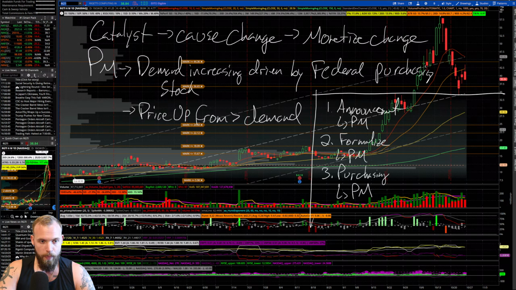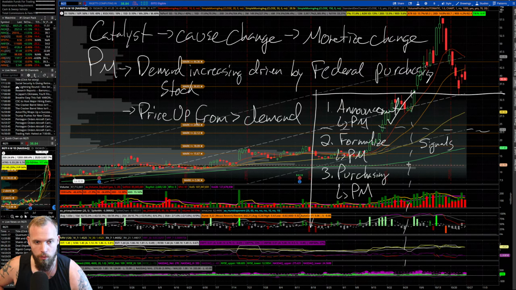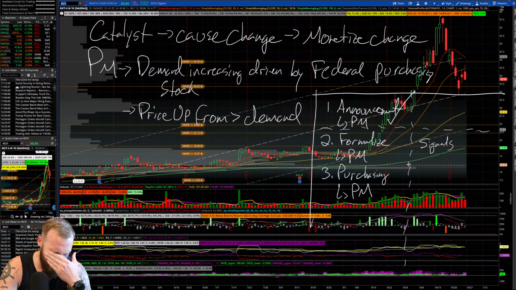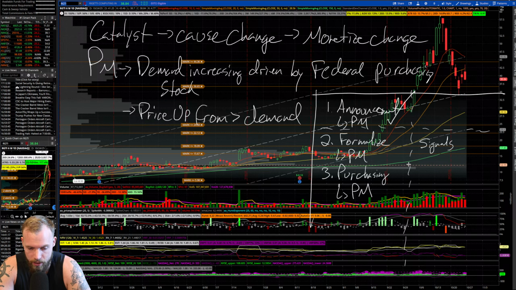So far, there are 3 ideas associated with this. I'm going to tick this first one off because it already came and went, and we're going to focus on these 2. For these 2, the next thing I need to do is start figuring out what signals are relative to this. If I think about what signals become important to me in understanding if Trump is going to make a formal statement that they are going to take a stake in X stock, because that's another really important thing related to